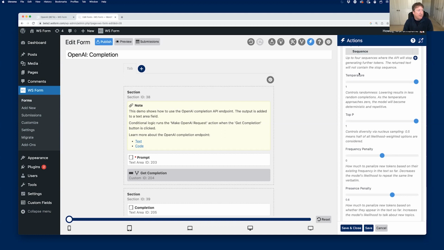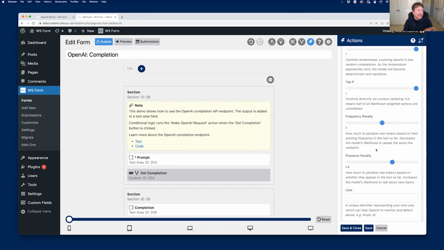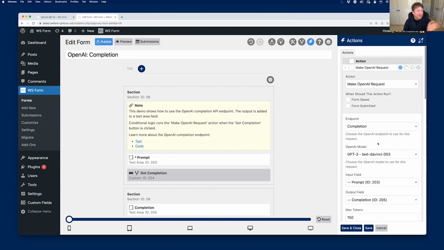And then below that, we have different things that you can tweak to modify the output. So here's an example of temperature. Temperature determines how much that output's going to change each time I submit that completion. And if I put temperature up to 1, I'm going to get much more different content every time I do a submission. If I do it at 0, it's going to be pretty much the same each time. And there's a few other options on here. Some of them I actually don't really understand. But we've included them just so that if somebody does understand what's going on with that, they can go ahead and tweak those. So pretty much everything that the OpenAI API gives to us as a setting, we have made available to you within WS Form.